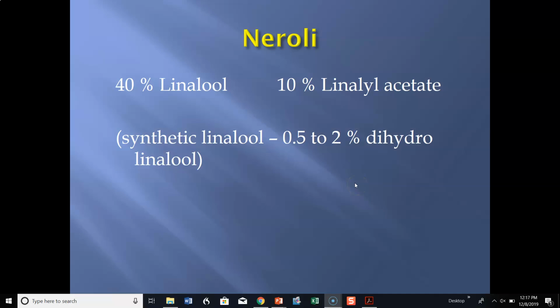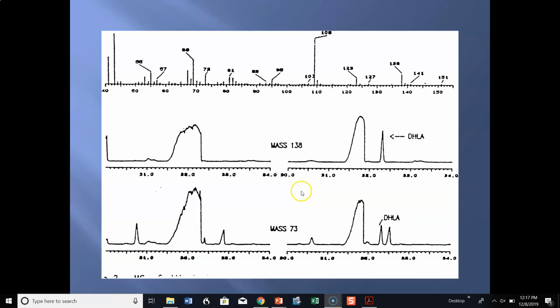Neroli is another one. Neroli depends very heavily upon linalool. Synthetic linalool contains 0.5 to 2% dihydrolinalool. It's not found in nature. It shouldn't be there. And so it's the same kind of mass spectrum in this case. So again, we're looking for dihydrolinalool. It has a mass of 138 and 73 as being indicative. It tends to elute someplace around